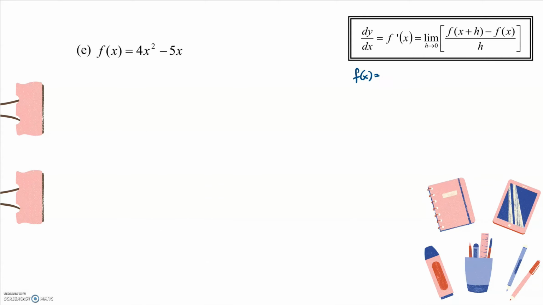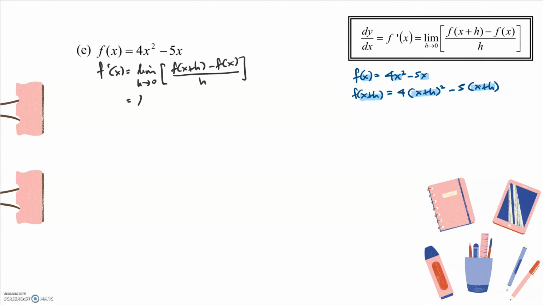E, f(x) is equal to 4x squared minus 5x. So f(x plus h) will be equal to 4 times (x plus h) the whole thing squared minus 5 times (x plus h). So we have here the limit as h tends to 0 of 4(x plus h) squared minus 5(x plus h) minus f(x). So our f(x) here is 4x squared minus 5x